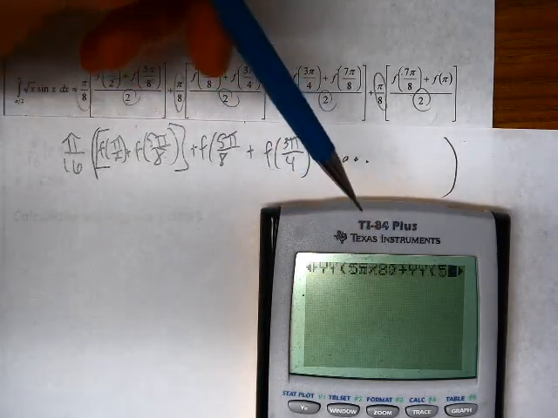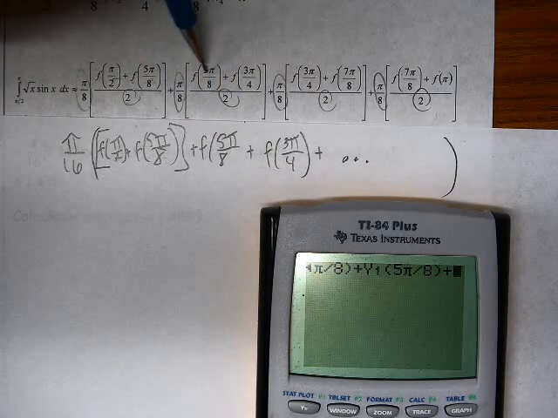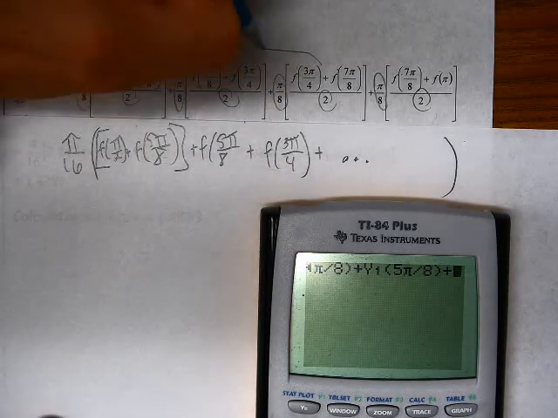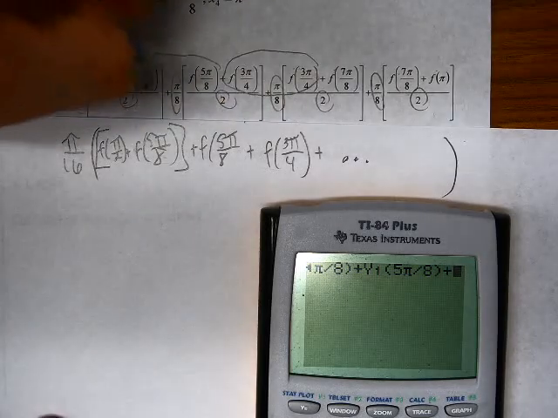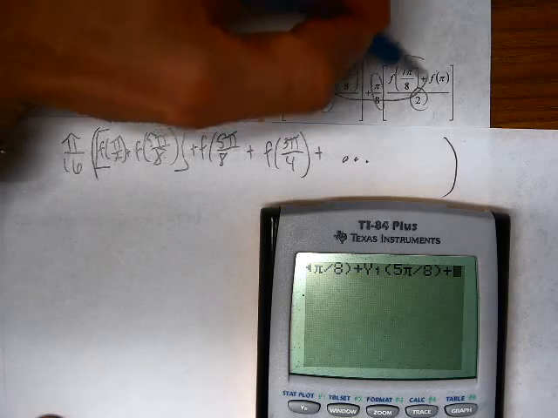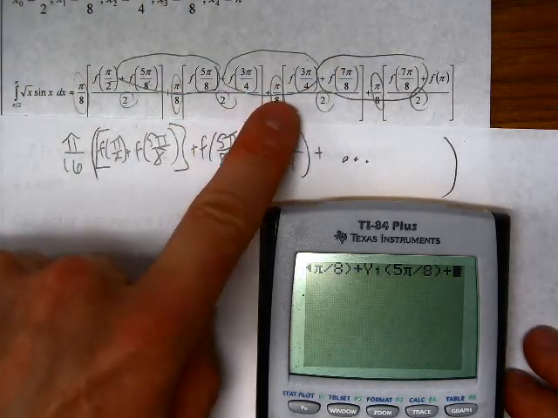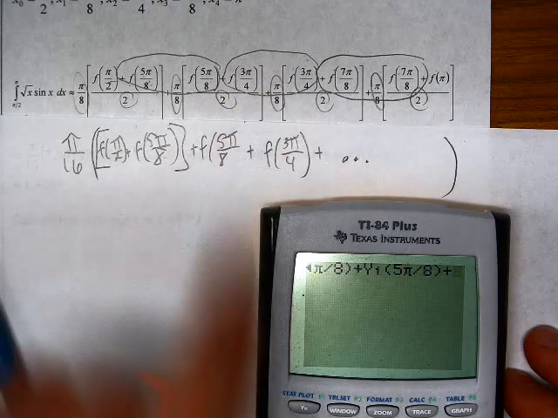In each case here, I notice that there's 2 f of 5 pi over 8s, there's 2 f of 3 pi over 4s, there's 2 f of 7 pi over 8s. So I can shorten up the amount of things I have to type by making this 2 times